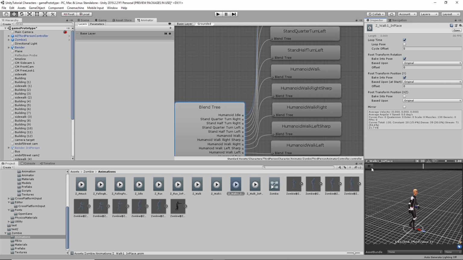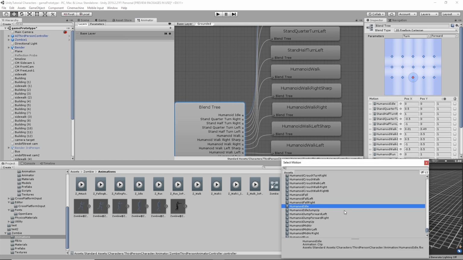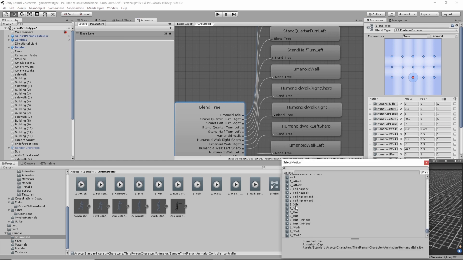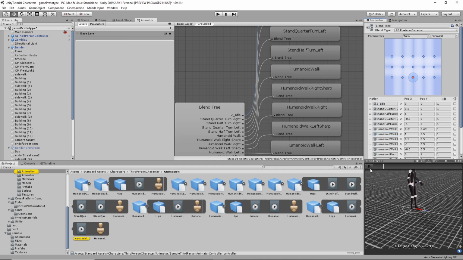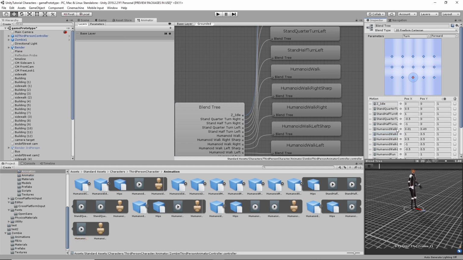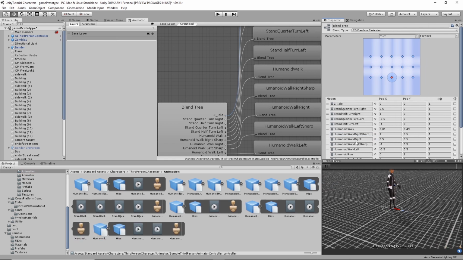And that's just standing still, but so we can use this zombie idle. Or is it Z idle? Yeah, Z idle. And then leave the quarter turns, then the zombie walk. What's a zombie walk? Or humanoid walk? Right sharp. Okay, so we can keep all that, but we can replace the humanoid walk with